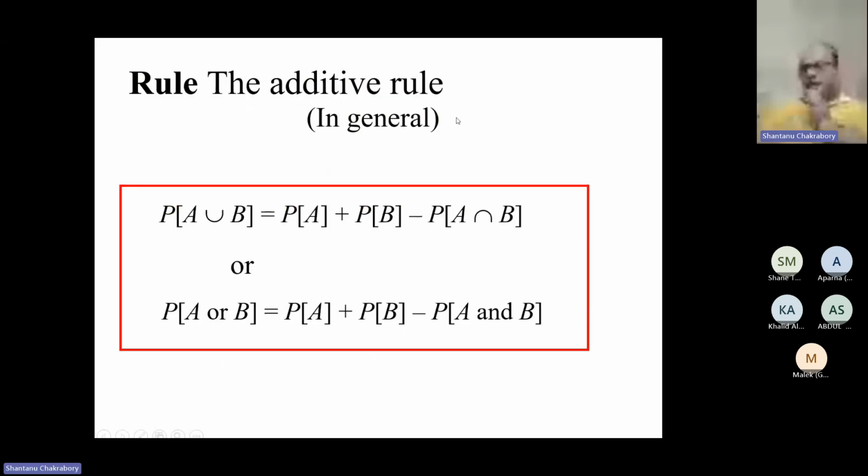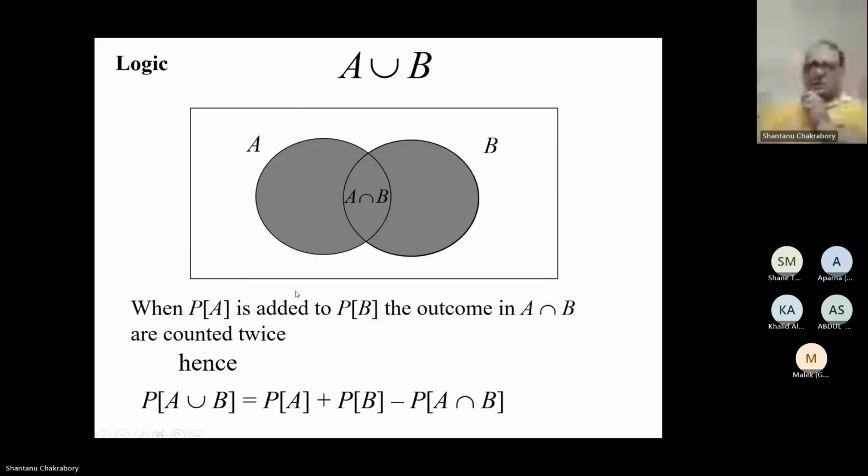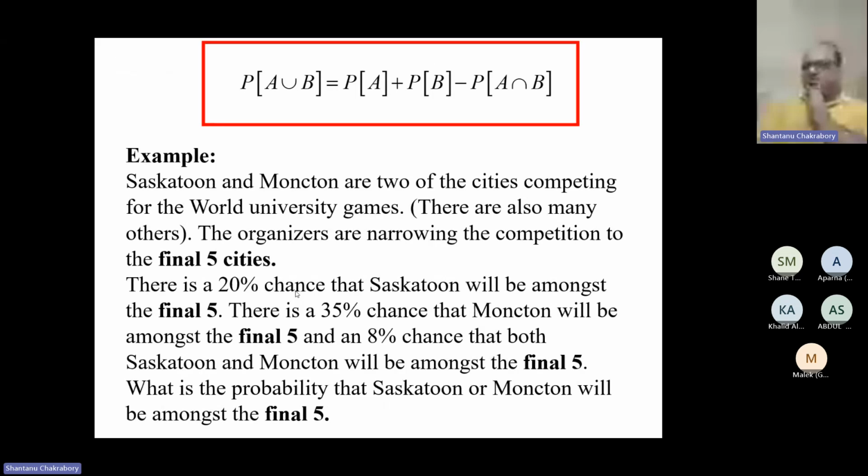Next is the additive rule. The additive rule in general gives us the probability of the union of event A and event B, minus the intersection of events A and B, because the intersection is null when the events are mutually exclusive. This is the union that we have done: all the outcomes from event A and all the outcomes from event B. So this is an example of